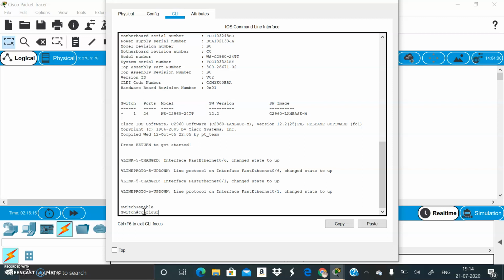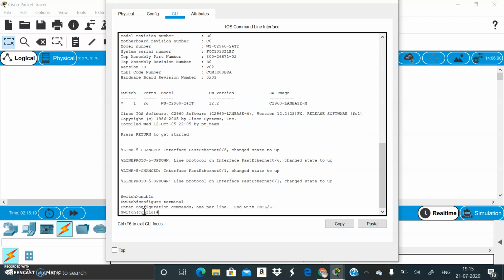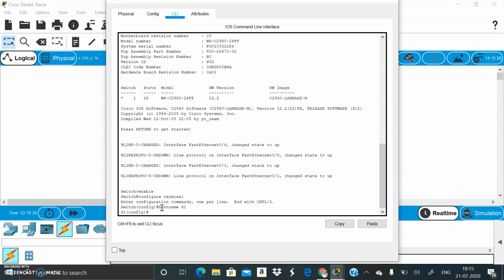Configure terminal. Okay. We have a command hostname which is used to name the switch or any other device. I want to name it as S1. Okay.